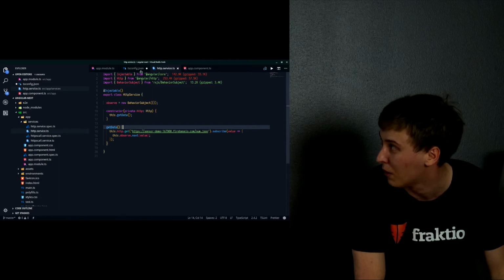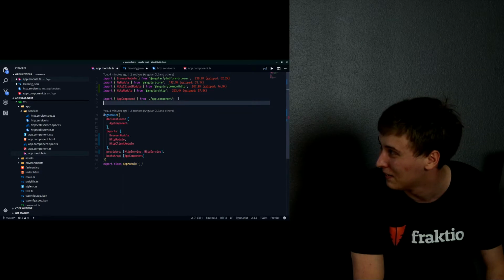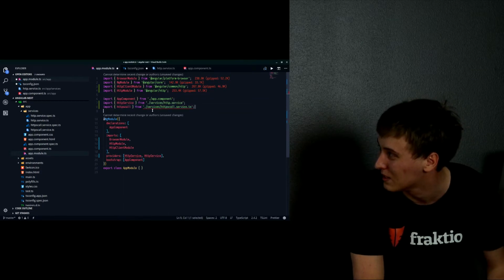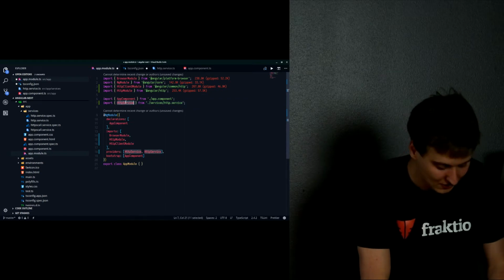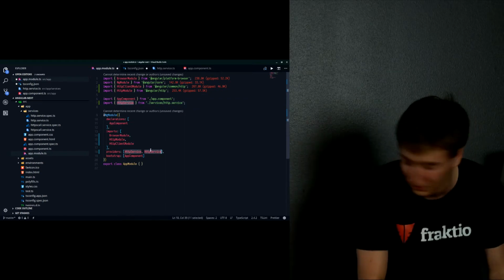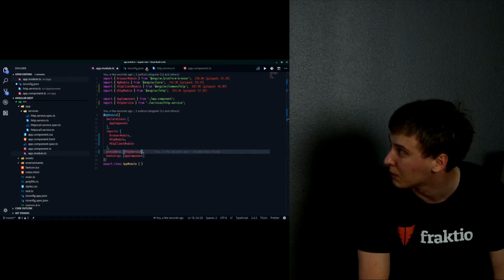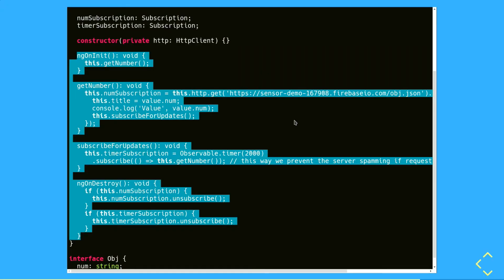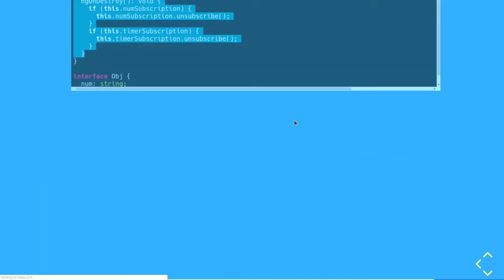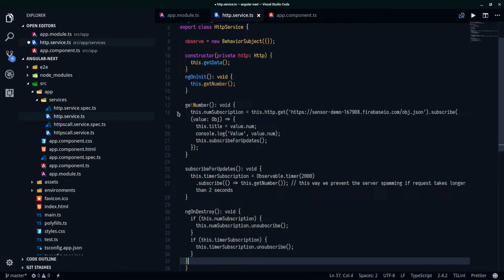Now before we run into any issues, let me import back my whole thing, except I don't need HTTPS call. I only need HTTP service. So it's already here. Okay, so now if I need to close this down safe, if I go to my HTTPS and copy this, and then put it here.